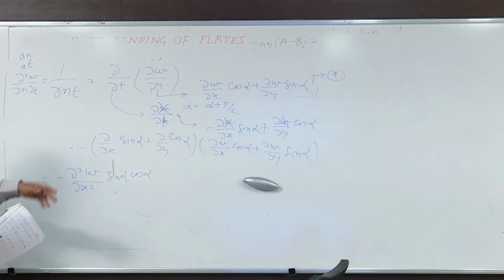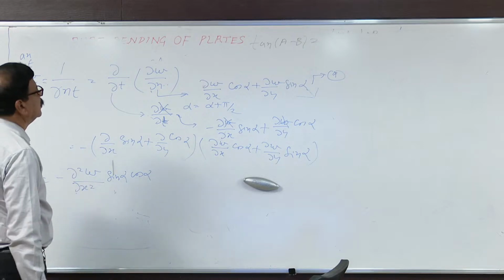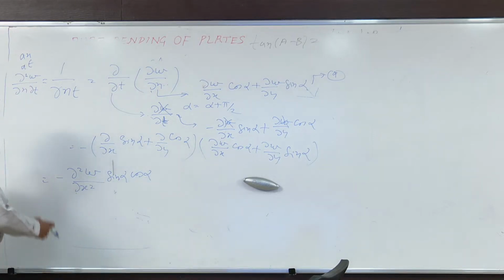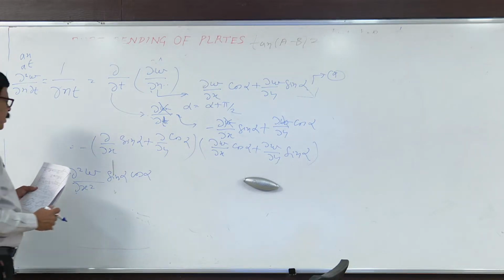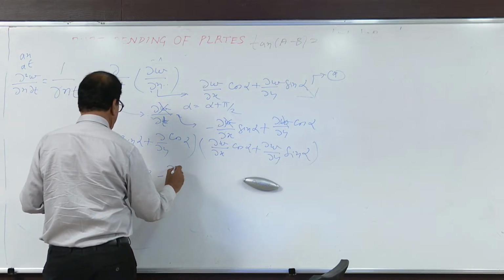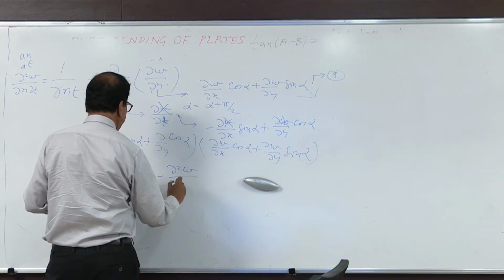There was a minus here, what was it? You check the sign. I am writing the final. You can check the sign. Minus sin alpha. Then the second is del square w upon del x del y